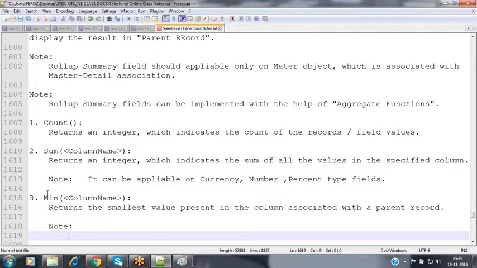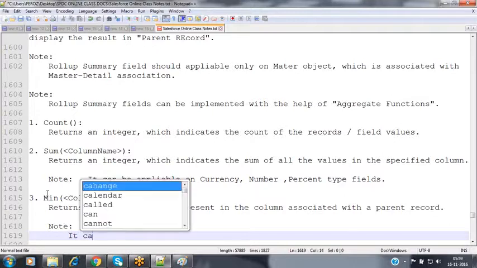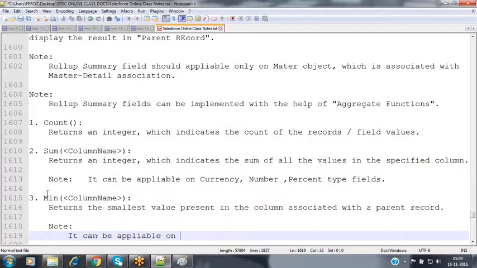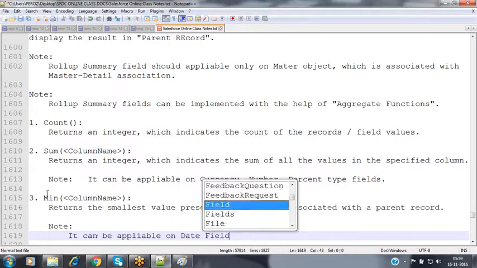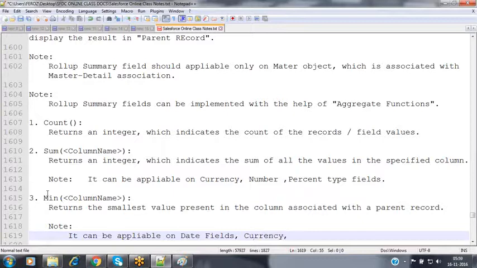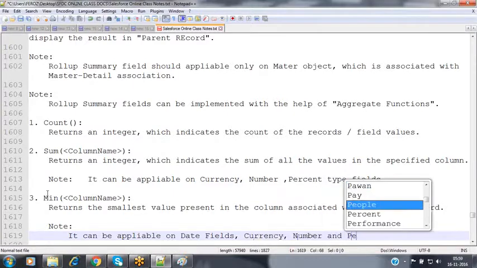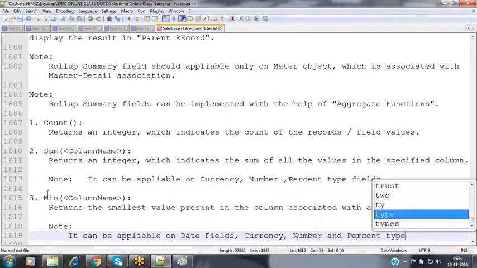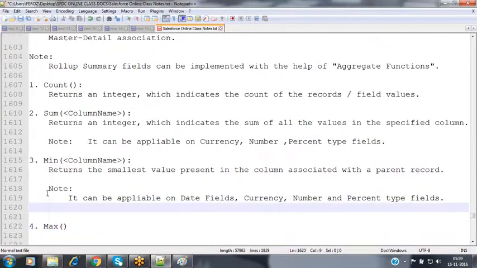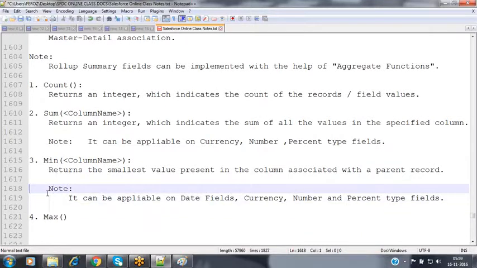The minimum function can be applicable on date fields, on currency fields, number fields, and percent fields. Along with currency, number, and percent, we can apply this function on date fields also.